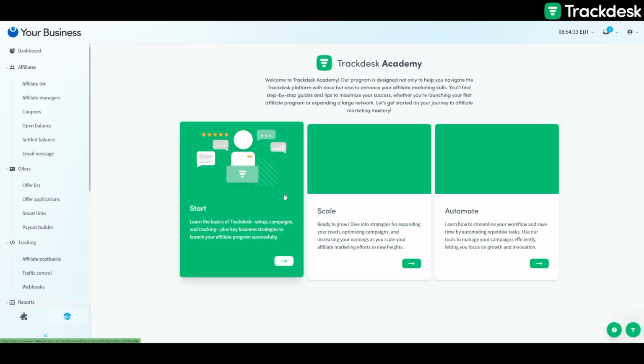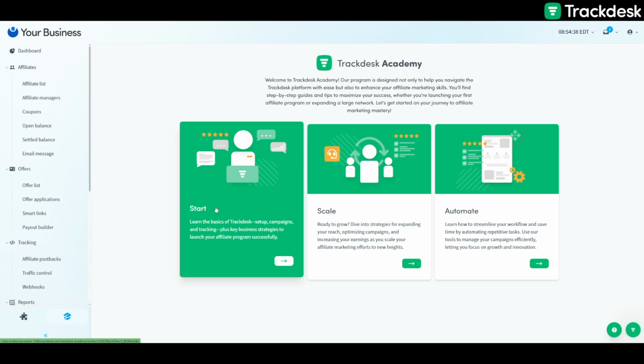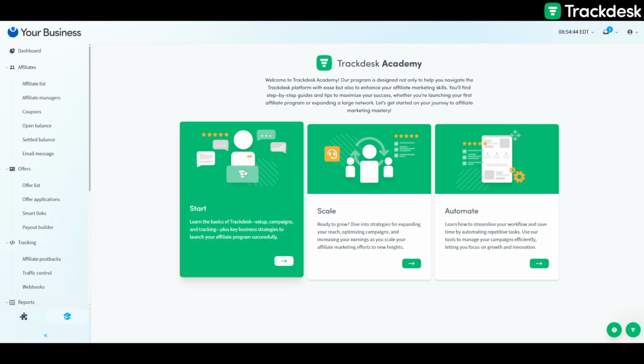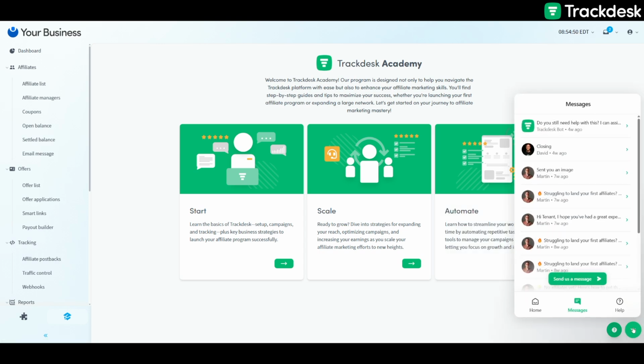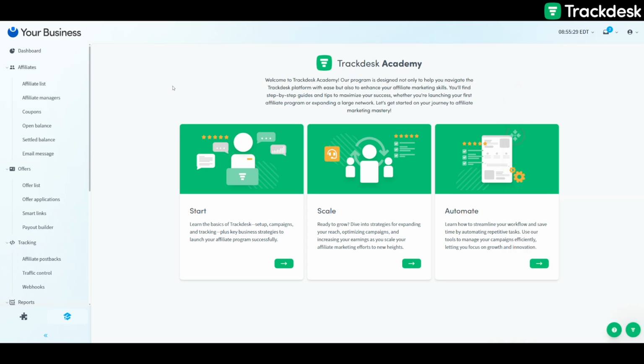Before you start managing your platform, we also recommend you to go through our Trackdesk Academy, where you can find all information about how you should start, how you can scale, and how you can automate. Needed information is also in our help section, where you can search and find our blog articles, which can help you understand the logic of the feature, and it can also help you with the setup. To understand functionality of those features and to set up the platform correctly will help you with a smooth start